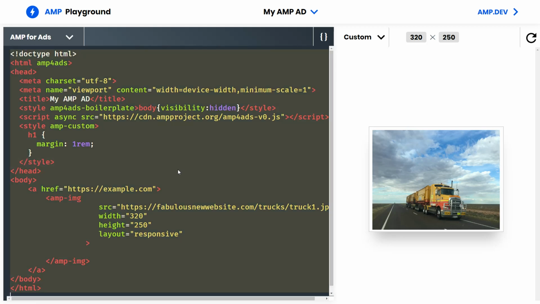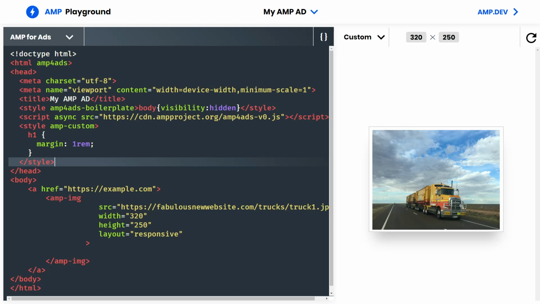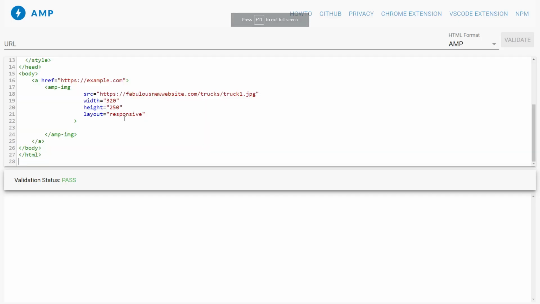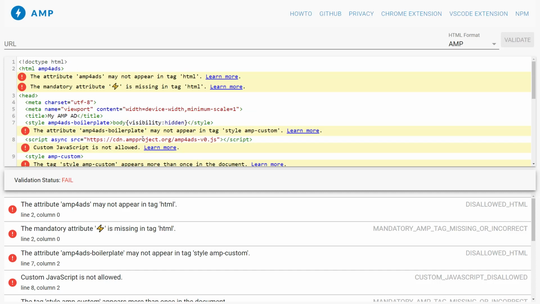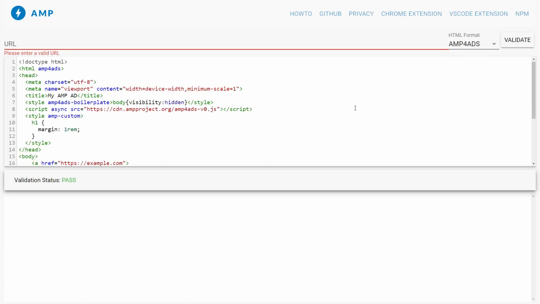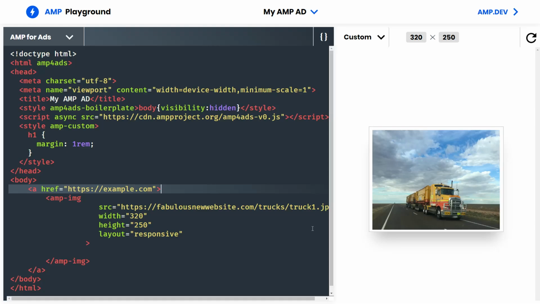Now, to validate your ads, let's go to the AMP validator. All right, I'm gonna paste my code. Let me see. We have some problems. Okay, so it's saying there are problems because when you go to the AMP validator, you must specify what you're validating, ads or email. So we're gonna do ads and validation passes. That scared me for a little bit. I was like, wow, I totally messed up this tutorial, didn't I? Okay, everything is good. And this ad is an absolutely valid AMP ad.